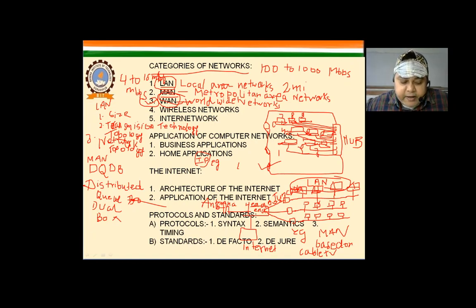So the wide area network consists of the subnet, which has two components. One is the transmission line and another is the switching elements. Transmission lines move the bits between the machines. It is the communicating path, like wires, cable, transmission media, and they can be made of wires, optical fiber, even radio links.